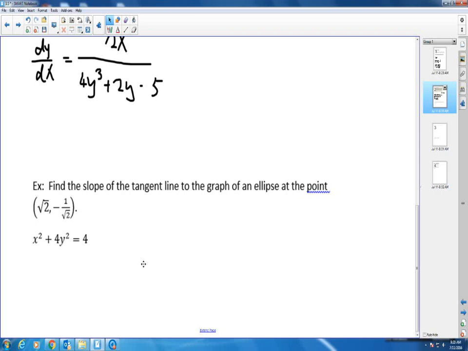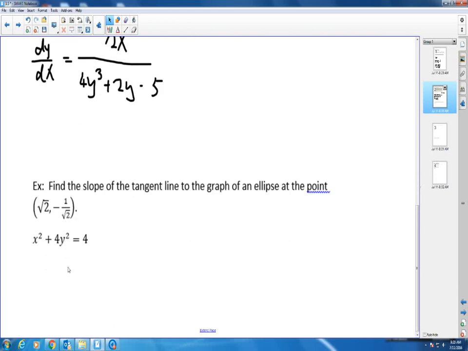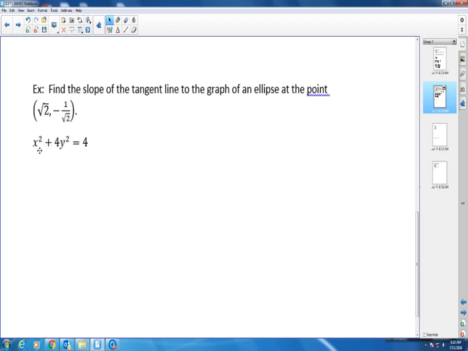in trigonometry class. In these problems, you cannot really write it as y equals. It's kind of difficult to write as a y equals. So if I want to find the slope of a tangent line at this particular point, I can differentiate with respect to x, and then just do exactly the same thing as we did in the previous problem, where at the end I want dy/dx to be by itself before I can evaluate at this point to